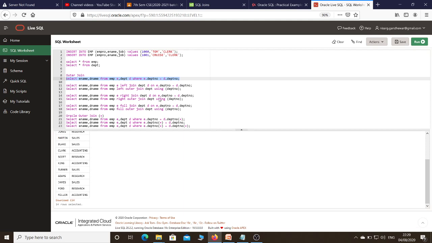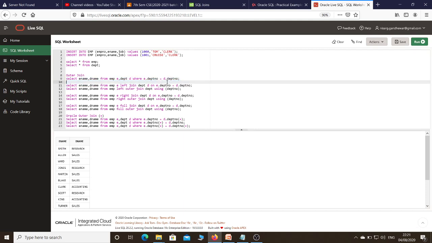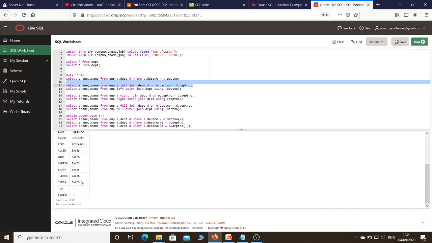Now suppose somebody asks me to display the name along with their department for all employees to whom a department is allotted or not allotted. In that case I am going to make use of a left join. Let's see whether it gives me the data or not. So let's execute this. Now you can see Tom and Cruise are there. So this is a left outer join.